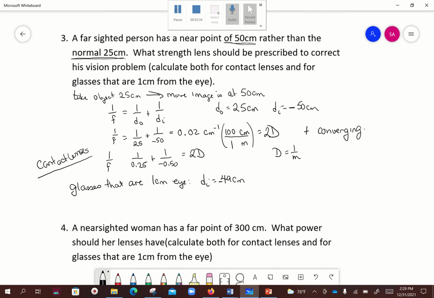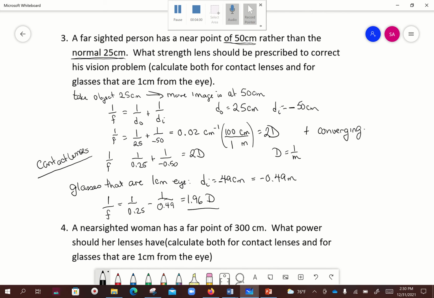And we need to put minus. So let's do it the right way. Let's convert it to meters straight away. So minus 0.49 meters. So the prescription is 1 over f is equal to 1 over 0.25 minus 1 over 0.49. And now I get a slightly different number, 1.96